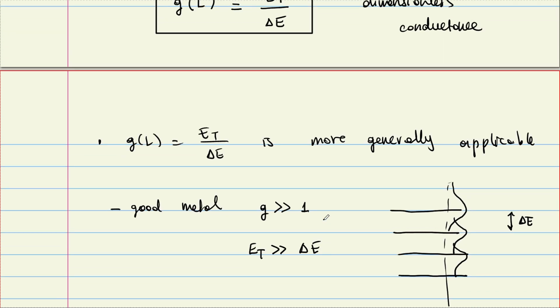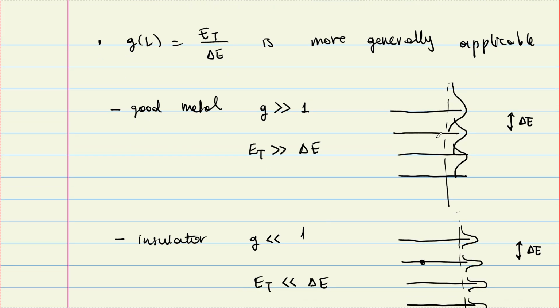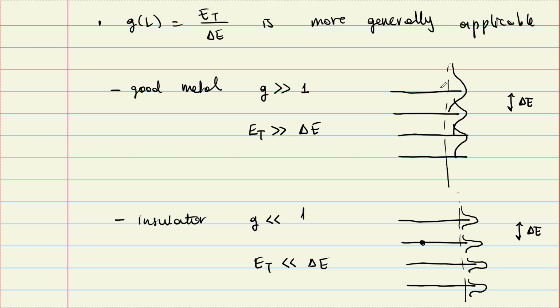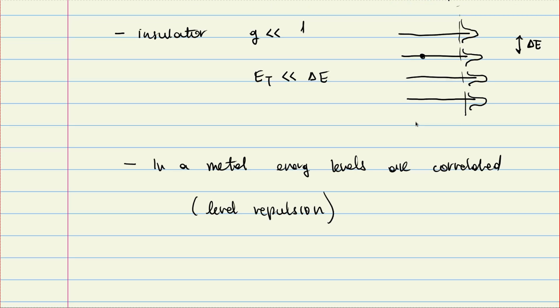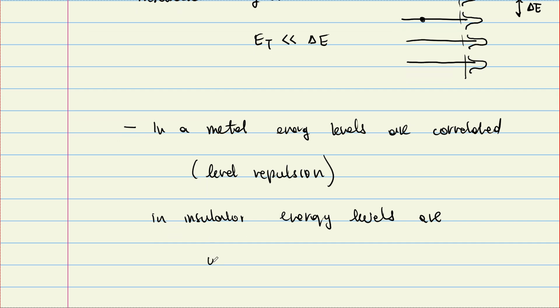because generally in quantum mechanics we diagonalize matrices and find eigenvalues, and generally they do not cross. From here we expect some kind of spectral rigidity. If you move one of the levels, the other levels are going to respond because of this level repulsion. Whereas in an insulator, energy levels are uncorrelated. Or we can say it's like a Poisson distribution.